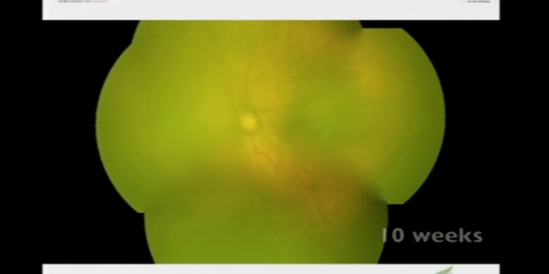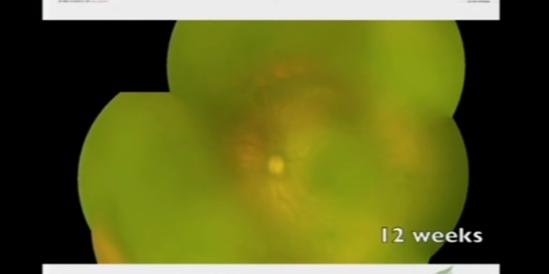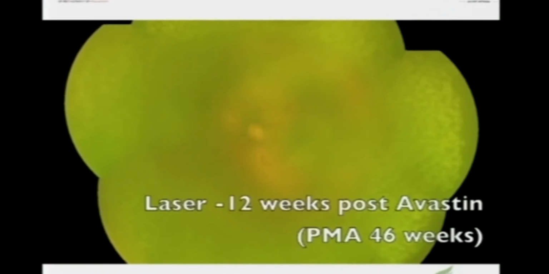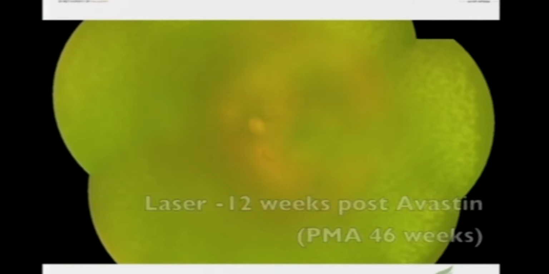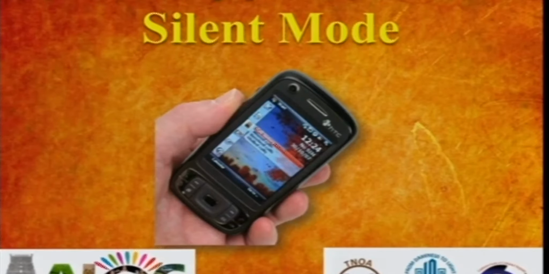As you can see here, after something like 12 weeks of giving the injection, half-dose adult Avastin, there is a recurrence. In fact, there is a vitreous hemorrhage. And if you don't pick this up and do a laser, I think till that thing gets sorted out,